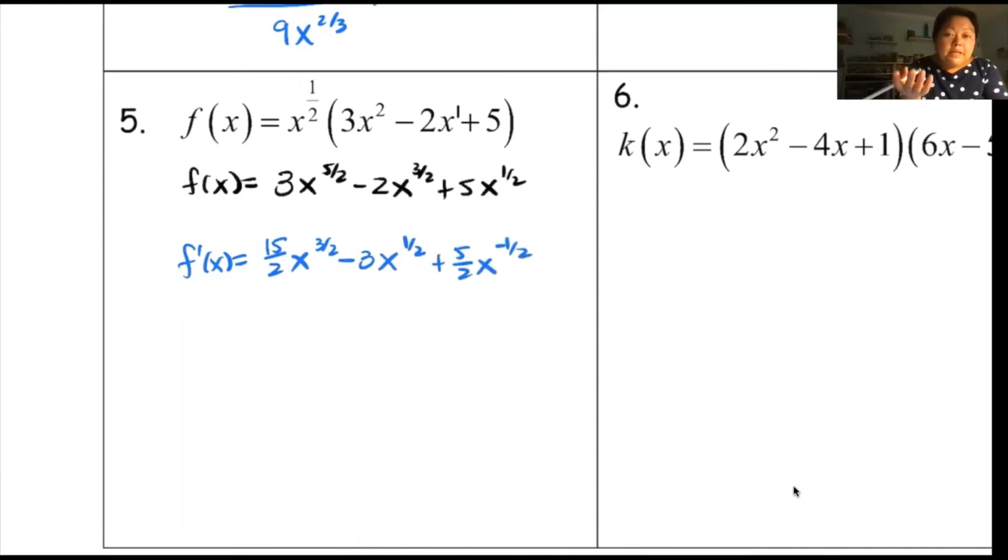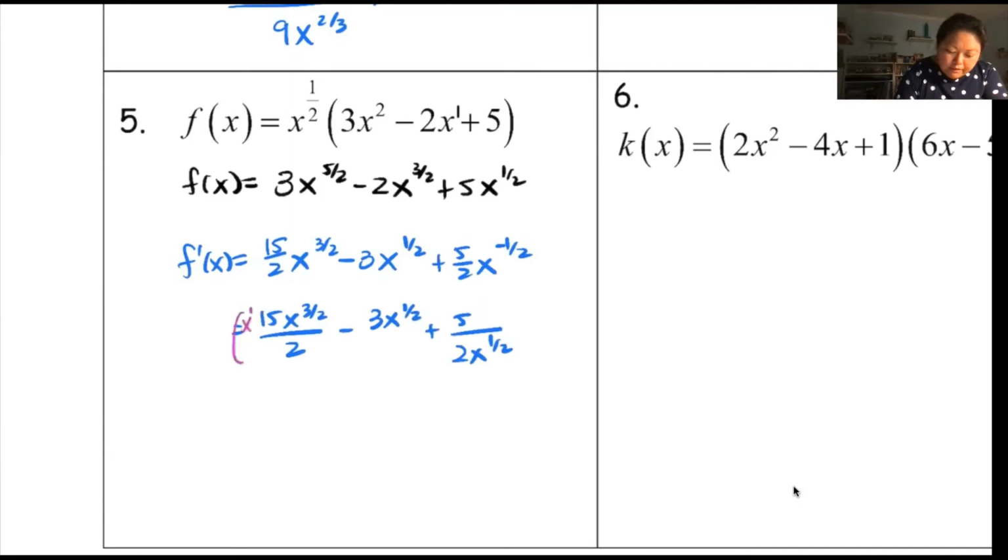Again, typically this is okay, but you really want to make sure you are comfortable to know how to write this as one fraction. This is 15x to the 3/2 all over 2, minus 3x to the 1/2, plus 5/2 x to the negative 1/2. So how do you rewrite this as one fraction? You need to have some common denominators here. So you need x to the 1/2 here, and this one needs 2x to the 1/2,